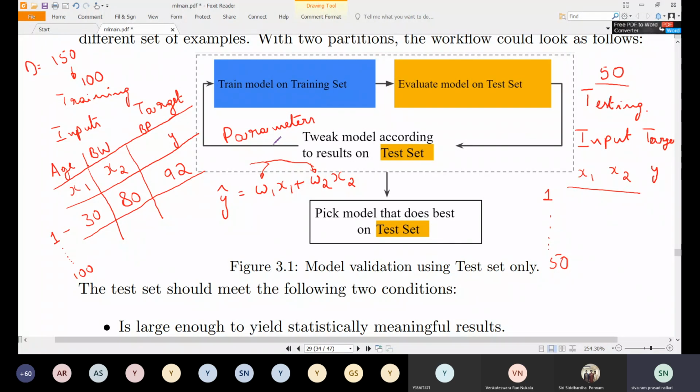I mean, you can initialize the parameters with any random values. And when you assume some random values for these parameters, obviously, when you use this equation to predict the blood pressure, whatever blood pressure that you predict,